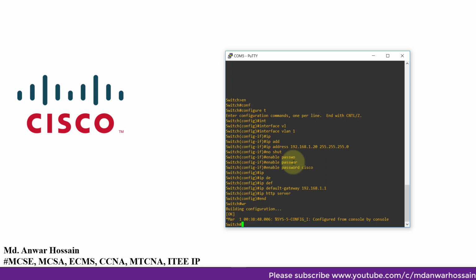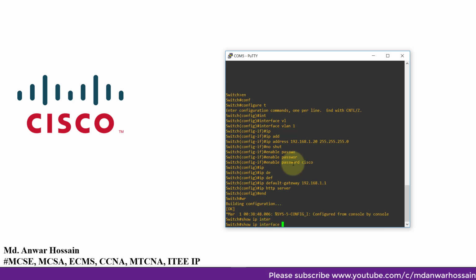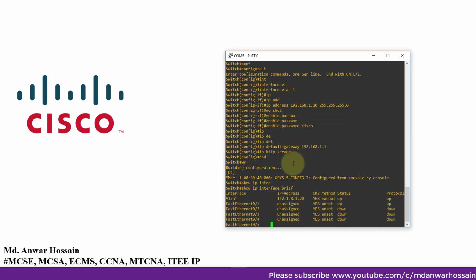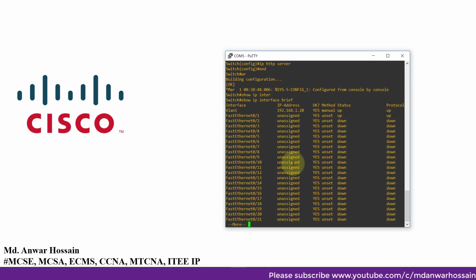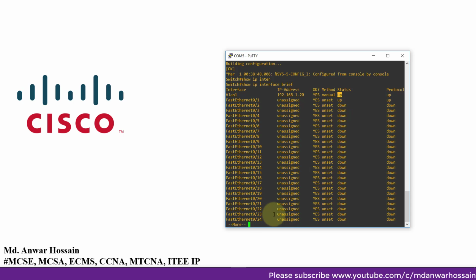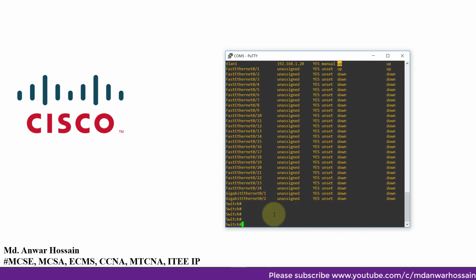Okay, our configuration is done. Now let's check. Show IP interface. You can see one IP is assigned under VLAN 1 and this port status is showing up. Do a ping to my gateway.